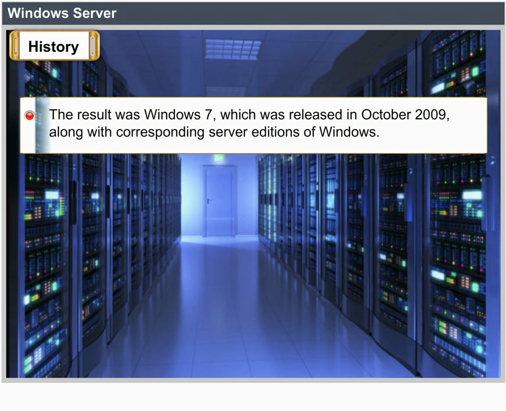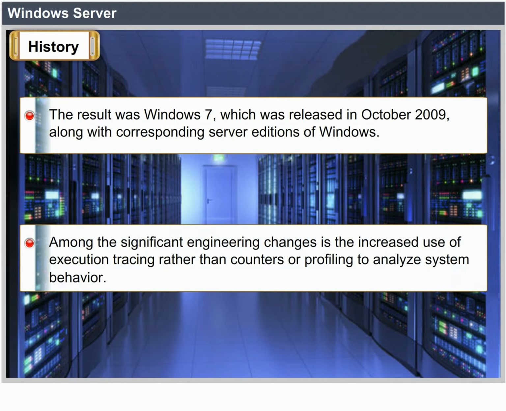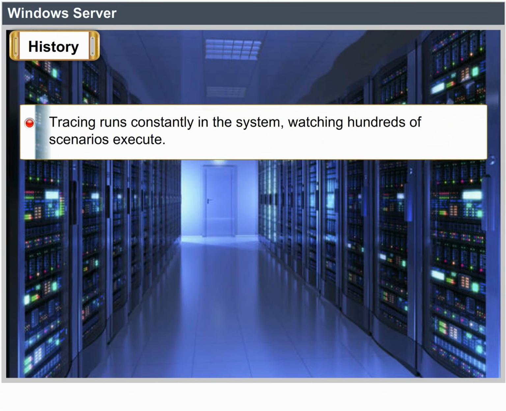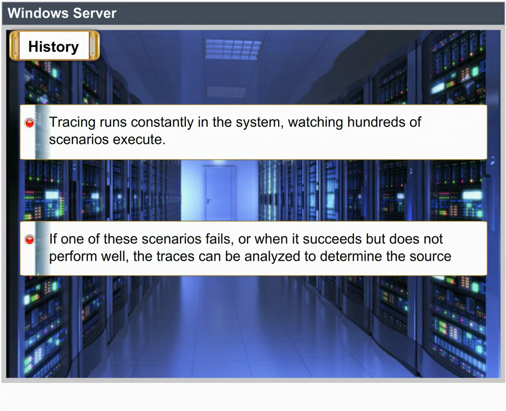The result was Windows 7, which was released in October 2009 along with corresponding server editions of Windows. Among the significant engineering changes is the increased use of execution tracing rather than counters or profiling to analyze system behavior. Tracing runs constantly in the system, watching hundreds of scenarios execute. When one of these scenarios fails, or when it succeeds but does not perform well, the traces can be analyzed